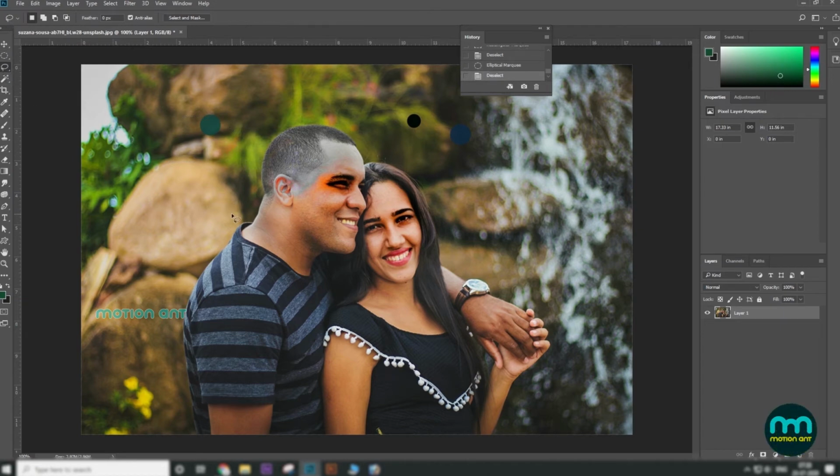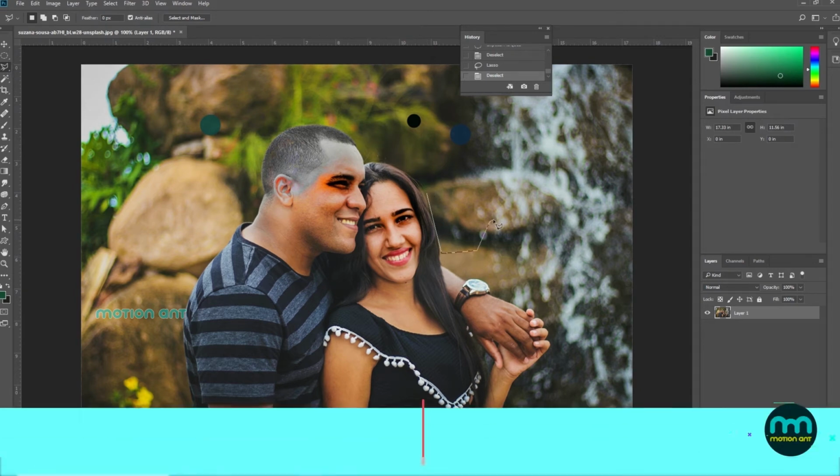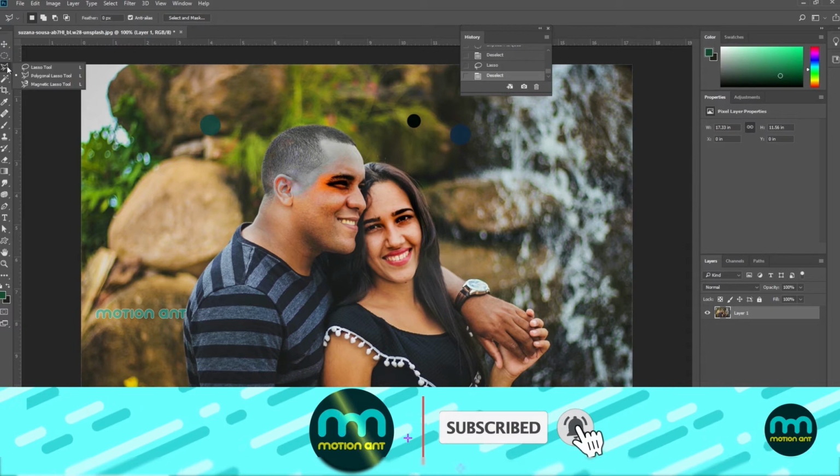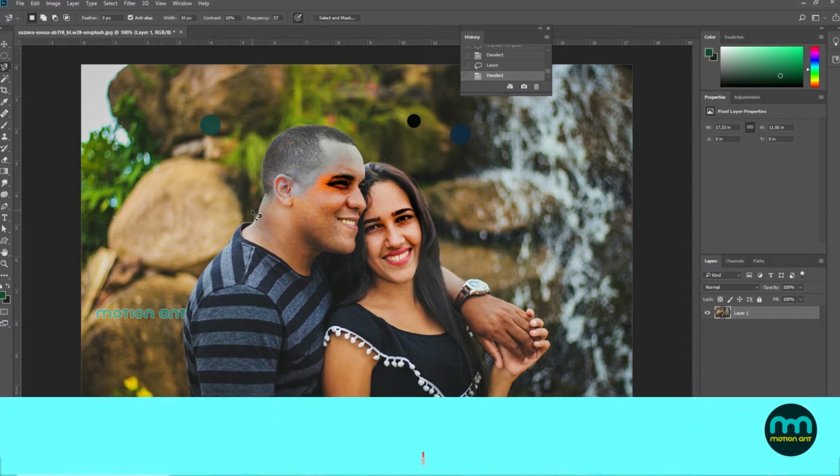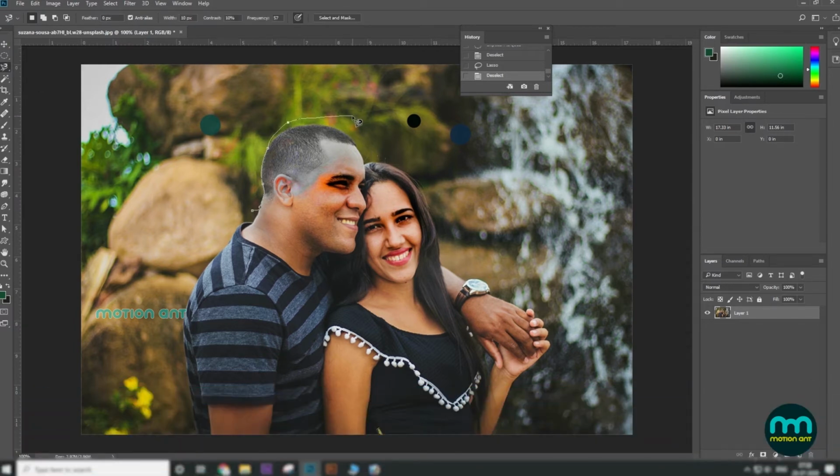Lasso, polygon, guided with magnetic lasso, following the color contrast and border.